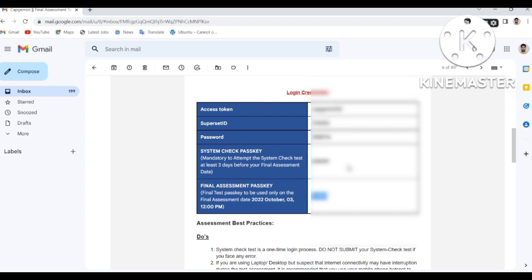So firstly, when you go to the demo test, you only enter the 6280159 passkey in the system check passkey field. After you enter the superset ID, password and system passkey, then you can proceed to your test. There are two portions. First one,